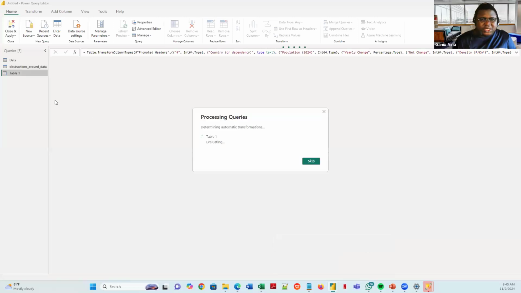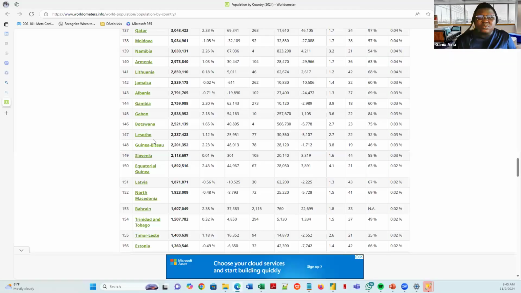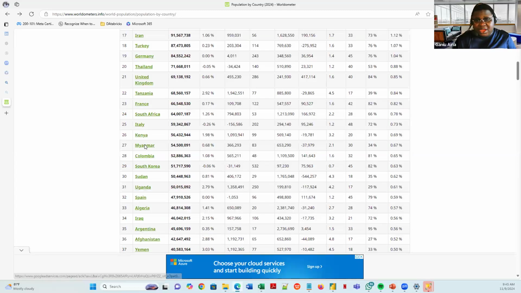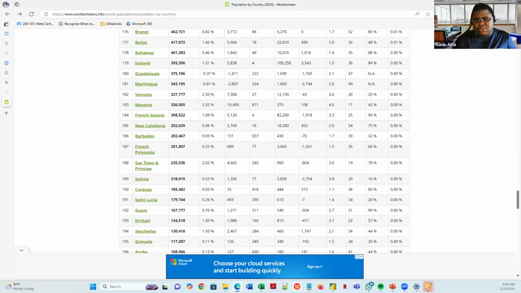So once again, I'll be showing you the demonstration for people that did not catch up. If you want to get any data in Power Query, you right click here. It will show you get data. The reason why this is very slow is we are getting data from this website, and this is a public website, and the traffic might be high. So it also affects